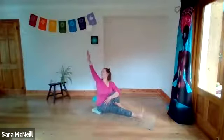Breathe in, reach the right hand forward and up. Look at your right hand as you place it down behind you. And on your fingertips or on the flat of your hand, press yourself forward. So don't lean back on that hand, pressing yourself forward so that you're directly over your hips. Take a deep breath in, and as you breathe out, use the leverage of both hands to move a little